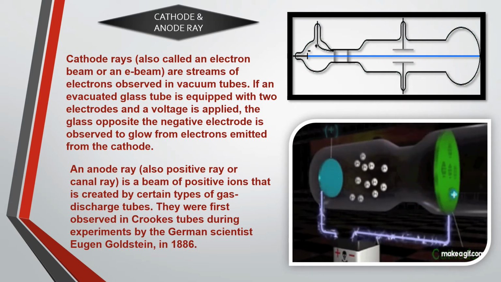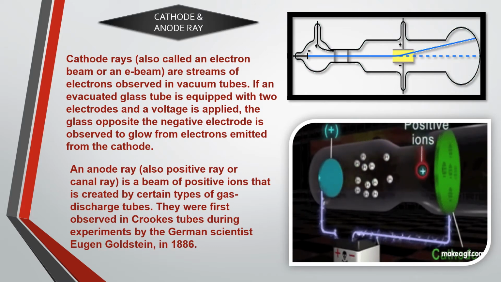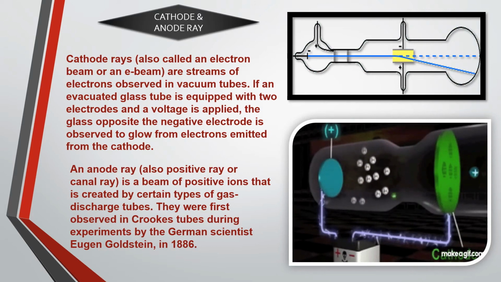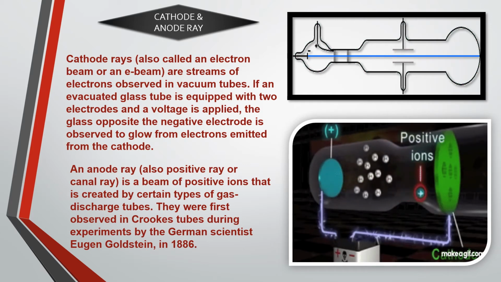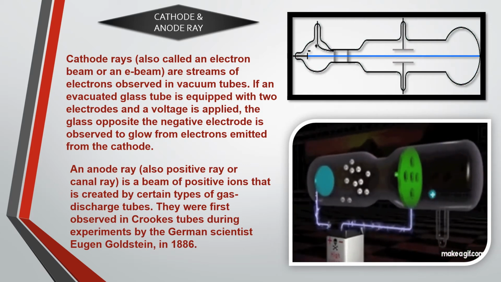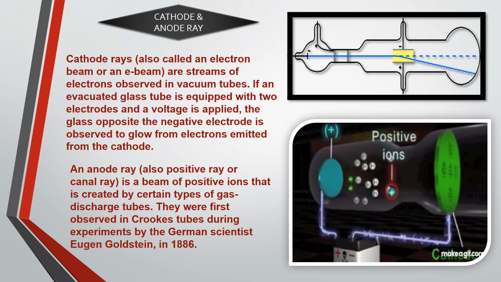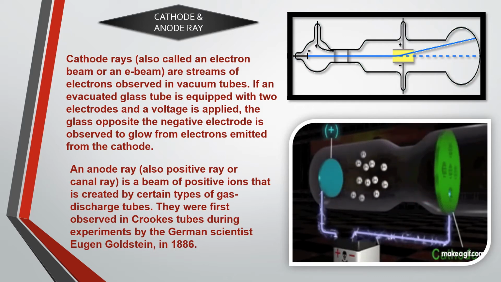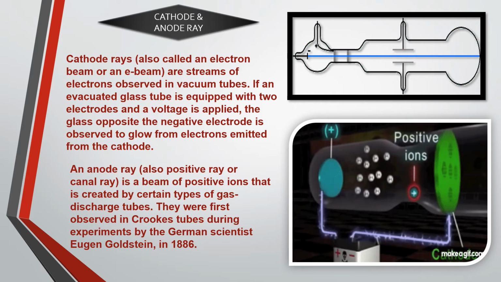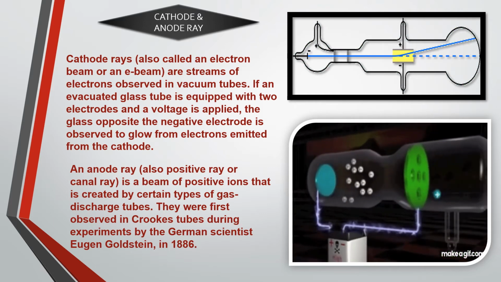So from this observation, J.J. Thomson concluded that cathode rays are composed of very minute negatively charged particles. This particle is symbolized as e or 0e−1. 0 is the mass number, that means electron has negligible mass. It's not heavy actually, and −1 is the atomic number. That means it's charged. Here it's charged, named by J.G. Stoney.